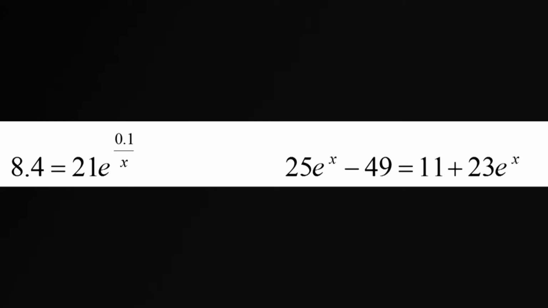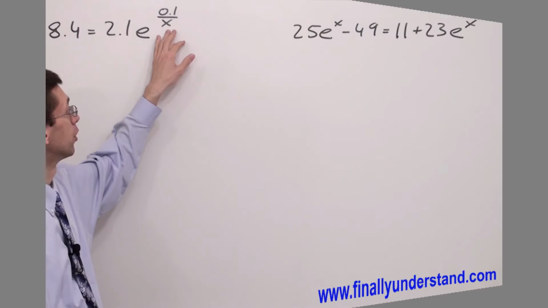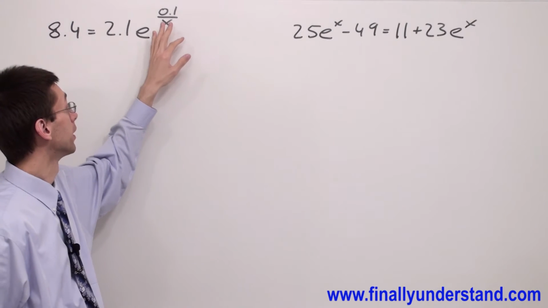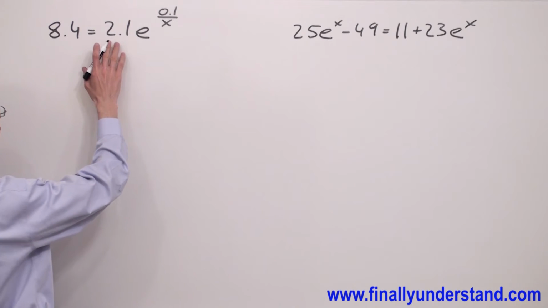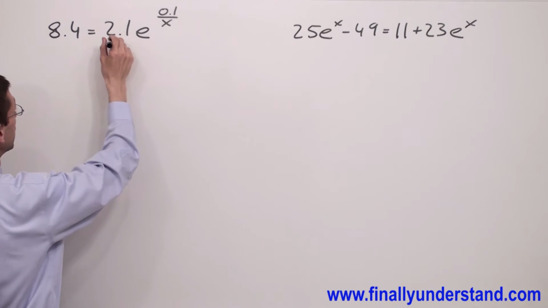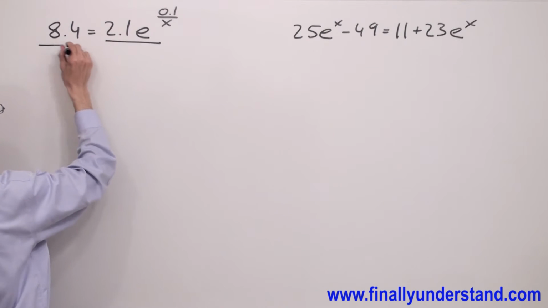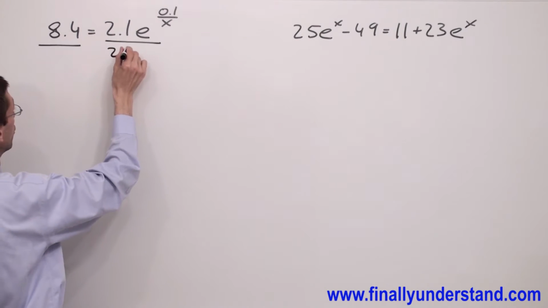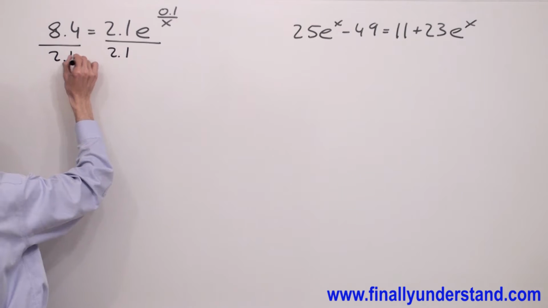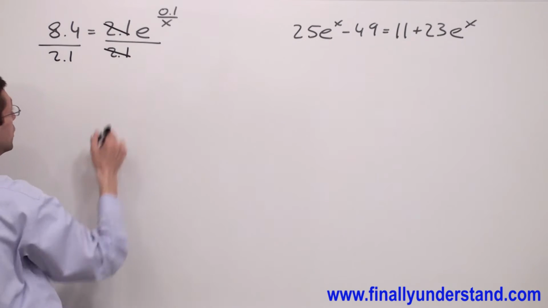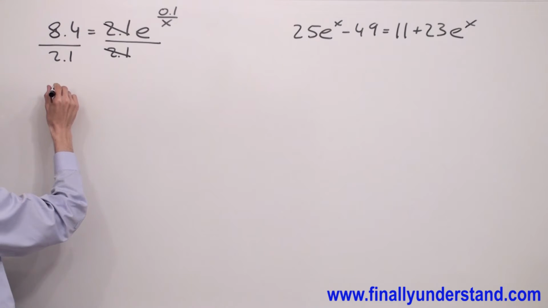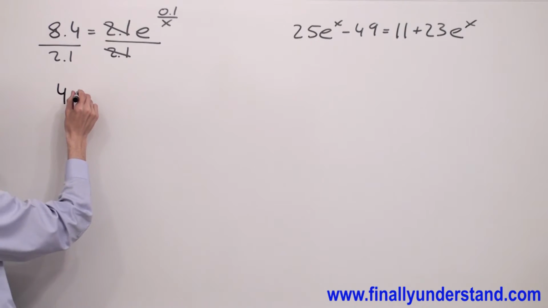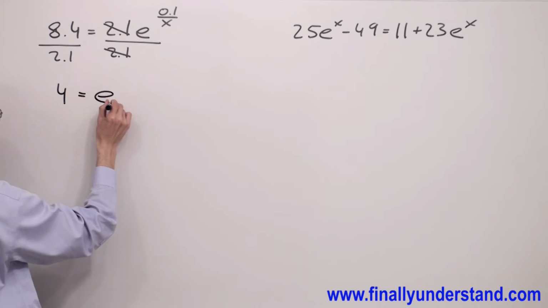We have another example. Again, we're supposed to find the unknown, which is part of the exponent. So what we're supposed to do first, we have to eliminate the coefficient which is next to e by dividing both sides of the equation by 2.1. 2.1 and 2.1 will cancel out. 8.4 divided by 2.1 is equal 4. Equals e